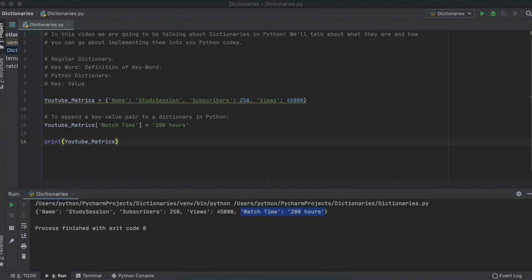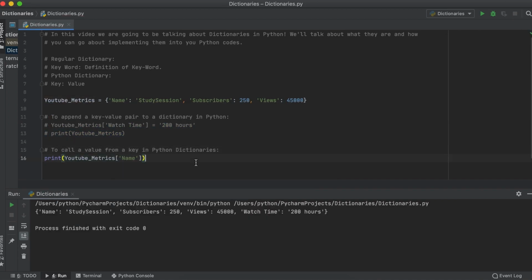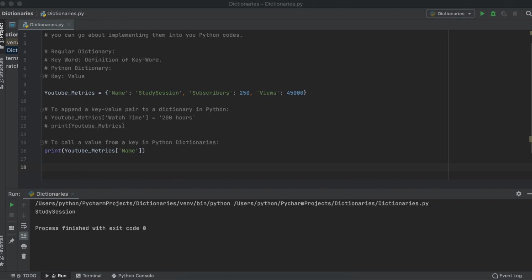If you want to call any item in your dictionary, you will be calling the key and being returned the value pair. So if you want to say how many subscribers we currently have, we would do the following. And as you can see here, we are clearly returned the value pair and not the key, which should make sense, right? When you look up a certain word in the dictionary, you're looking for the associated value to that word and not just that specific word.